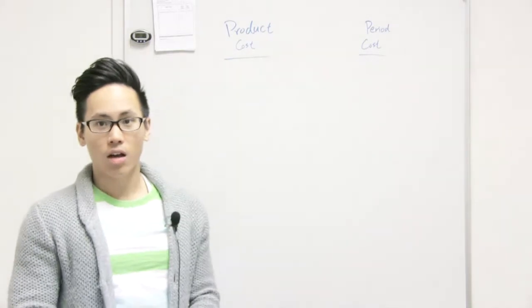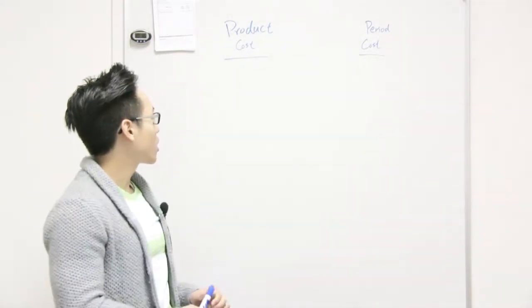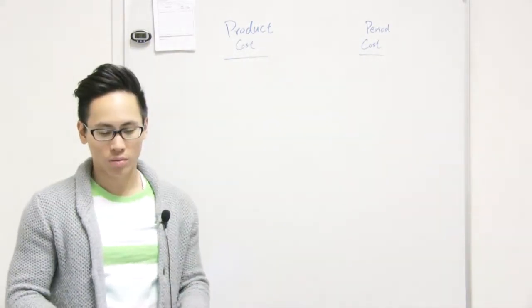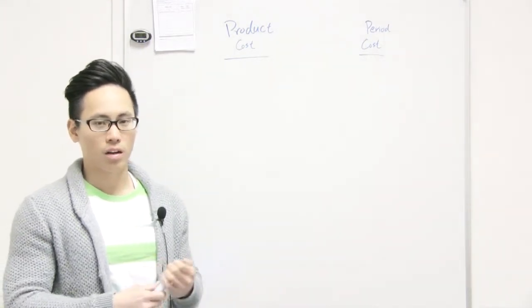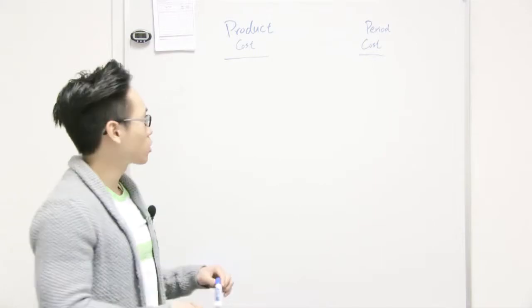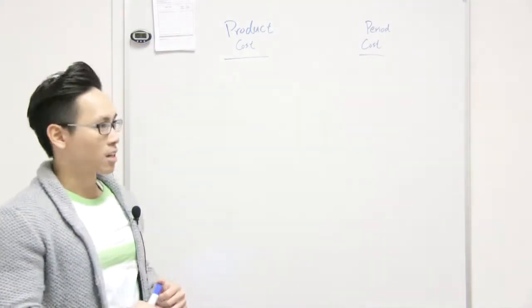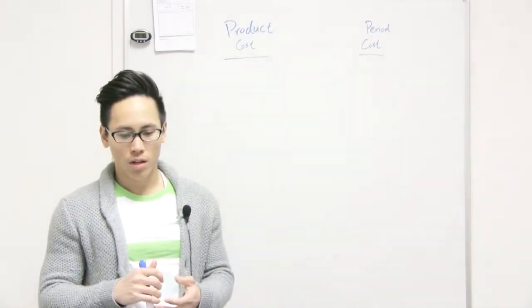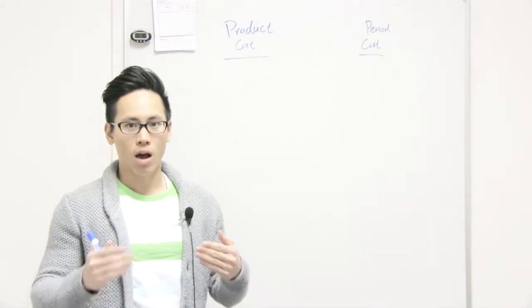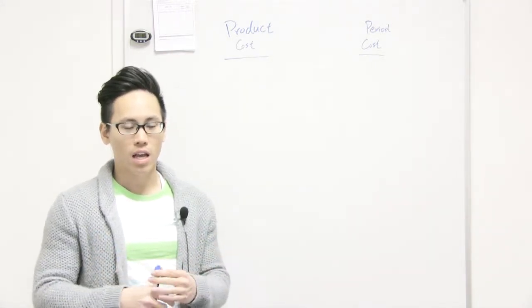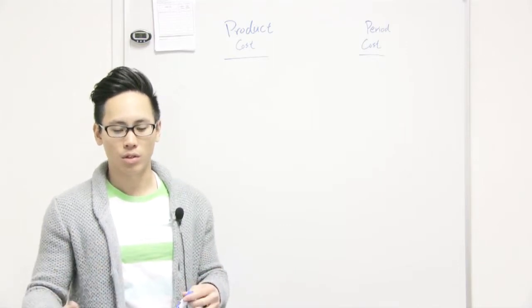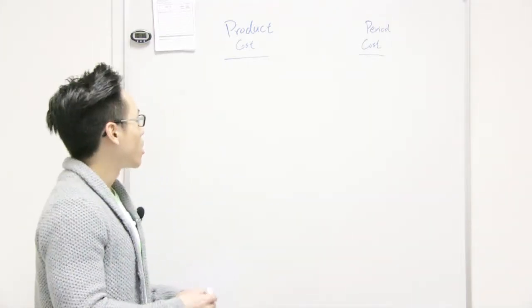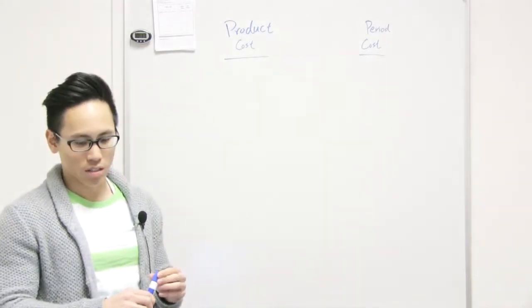So today we're going to talk about product cost versus period cost. Let's talk about the definition of each one. Product cost is a cost that you incur when you acquire the inventory, and you also add it into the inventory account. Some examples of product costs are